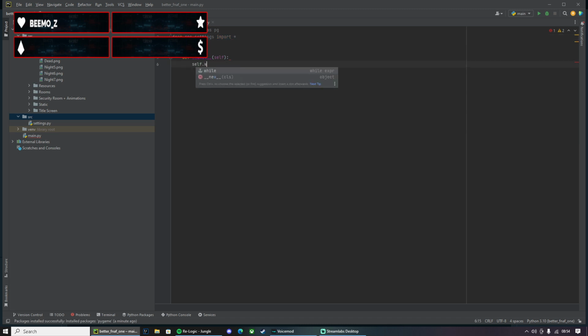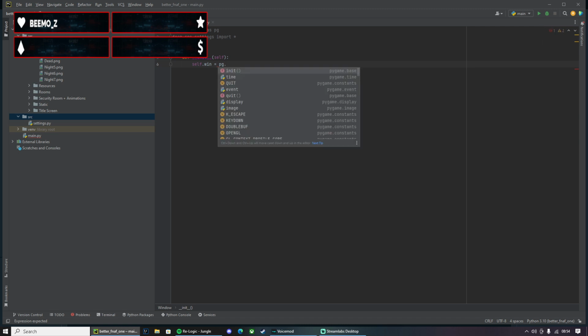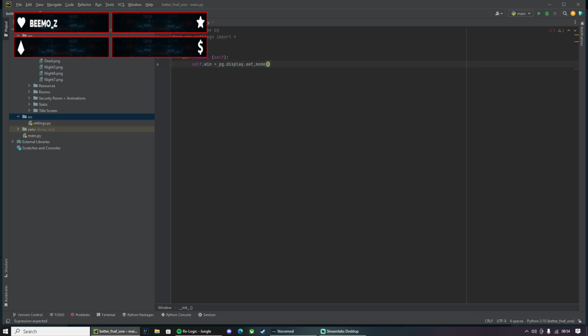So self dot window or win, because I like to keep it short. Display dot set mode as the resolution. This is just setting the resolution of it. I might make a different function for the caption so I can check what the FPS is in the caption.